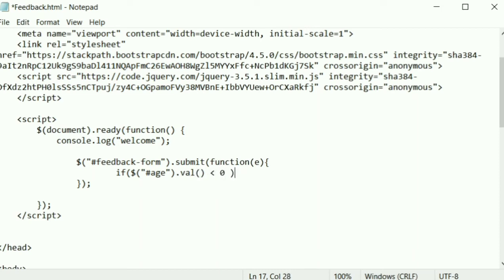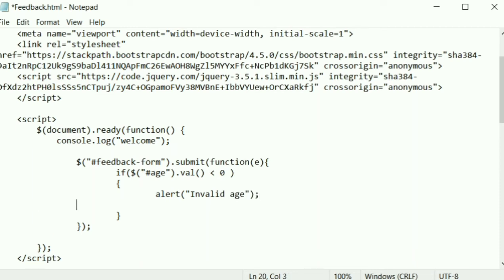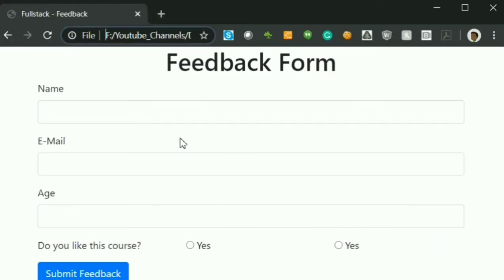If it is less than 0, which is negative, then we are going to stop the form from submission. So we are going to throw an error saying that, hey boss, it's an invalid age, you have to enter a valid one. This is the message we are going to display there, and we are going to prevent that submission, right? So we are going to use e.preventDefault. This one will stop the form from getting submitted.